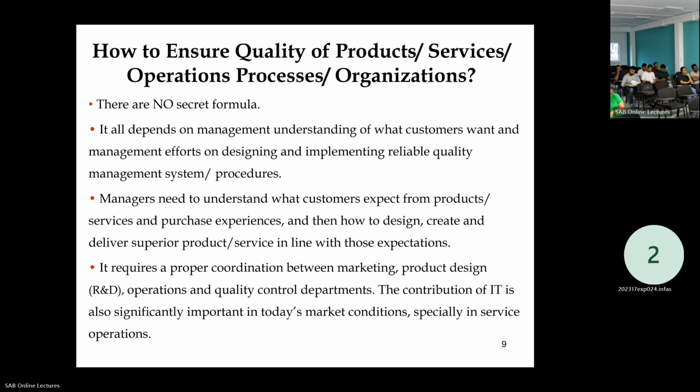Understanding? So one main reason could be the quality problem of the product. It leads to customer disappointment, customer dissatisfaction. That is the issue. And what happens in a situation like this?